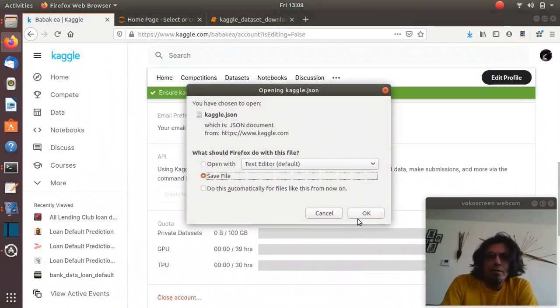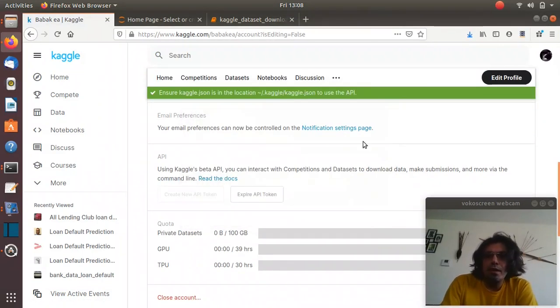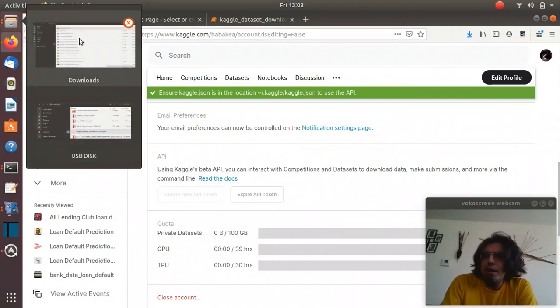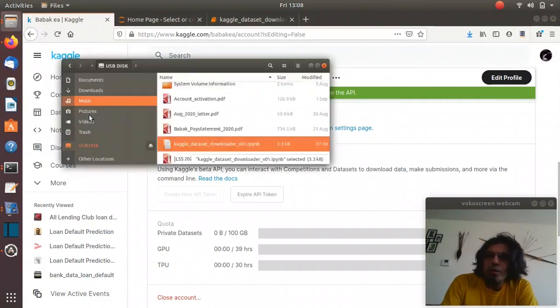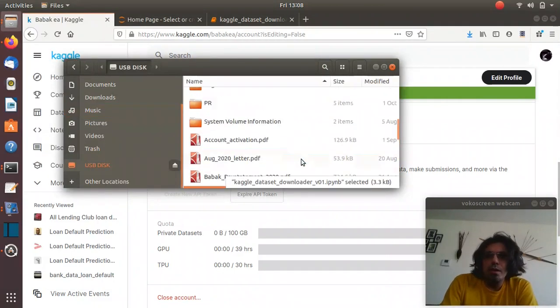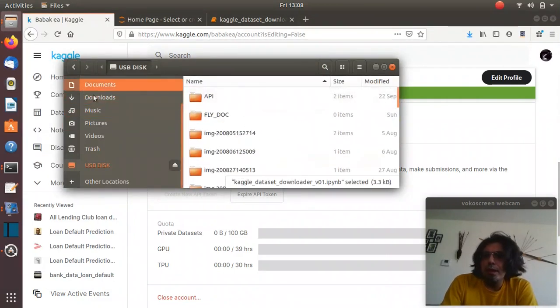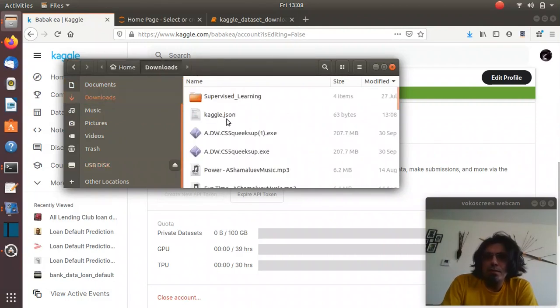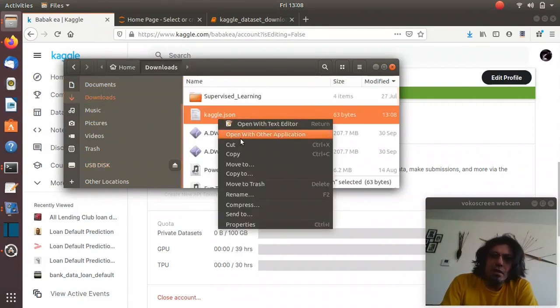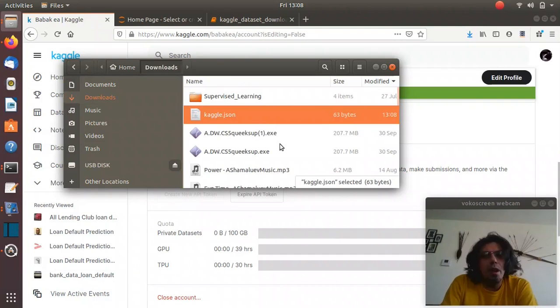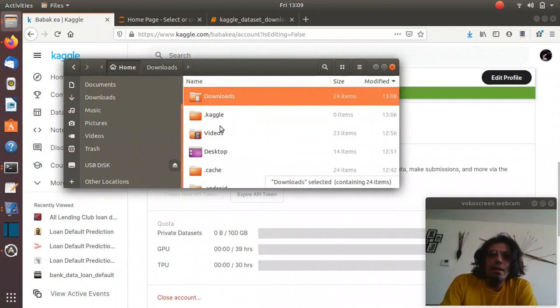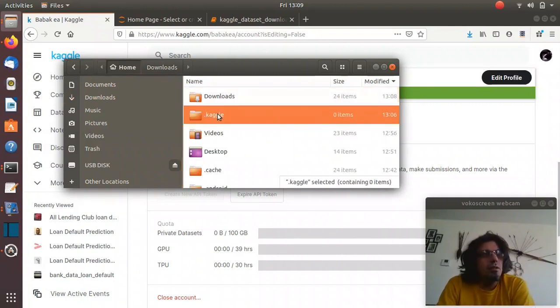So I'm going to save this Kaggle token, and it has been downloaded on my computer. You can find it on your computer wherever you download it. So this would be in my downloads, the kaggle.json. It is a JSON file that includes my token, and we have to paste it in a Kaggle folder in